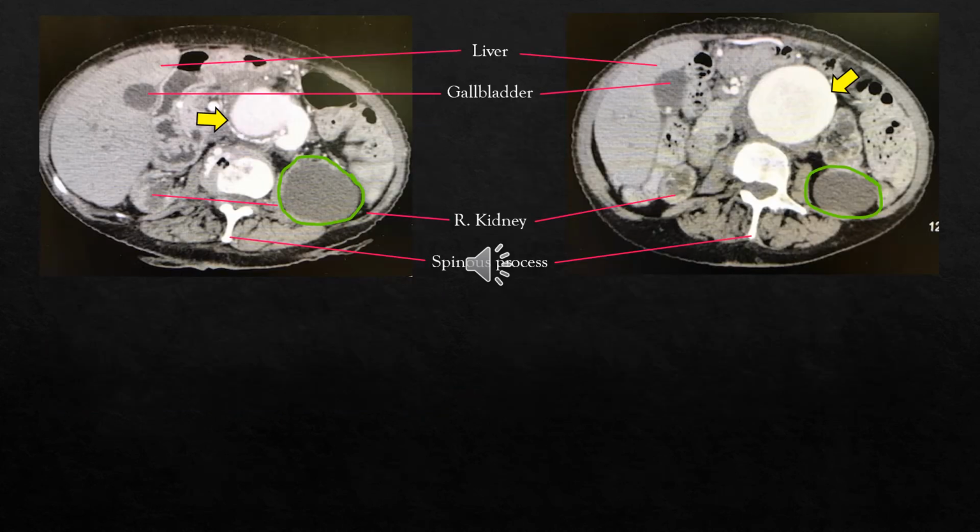In the CT image on the left, I marked with the yellow arrow and wanted to show the superior portion of the aneurysm as it begins from the aorta around the level of L3. On the right-sided image, it is the slice showing its full diameter of 7 centimeters. This patient also has a 6 centimeter cyst arising from the upper pole of the left kidney, marked with the green circle, that I thought was also interesting to see in these images.